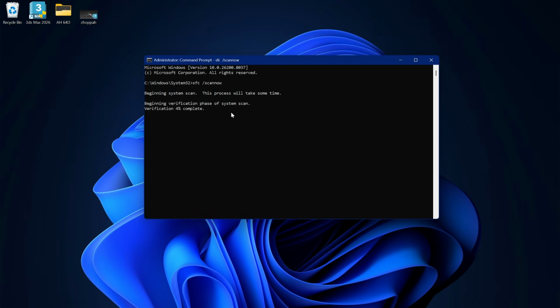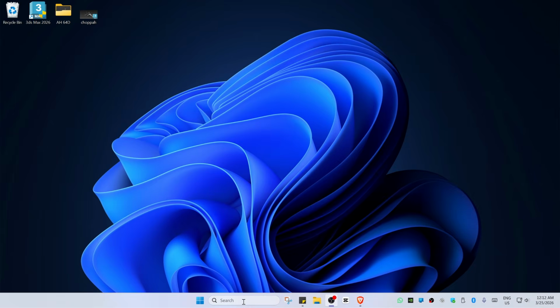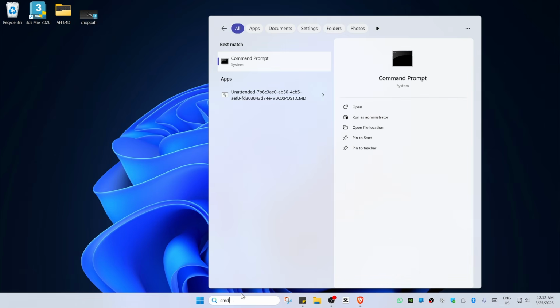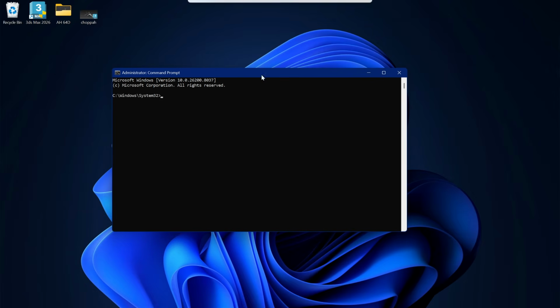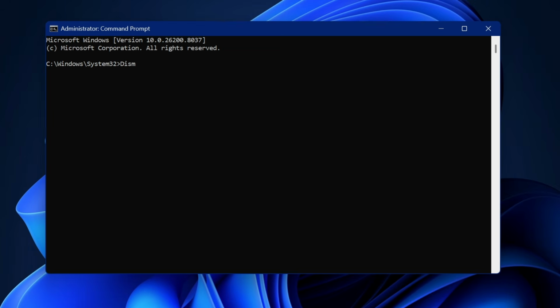This process right here will take some time, as it says here, okay? Once this goes to 100%, you can close this one. After that, find CMD once more and run as administrator. Again, hit yes, and type dism /online /cleanup-image